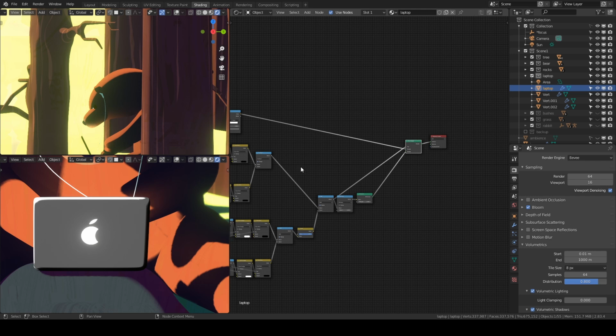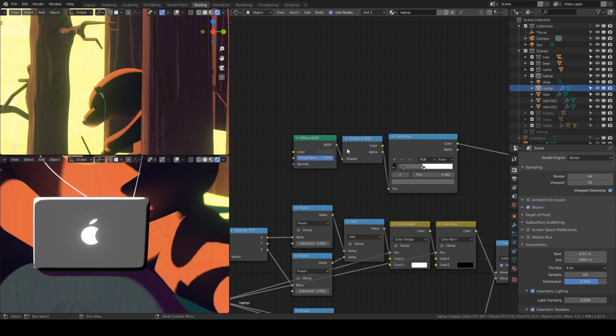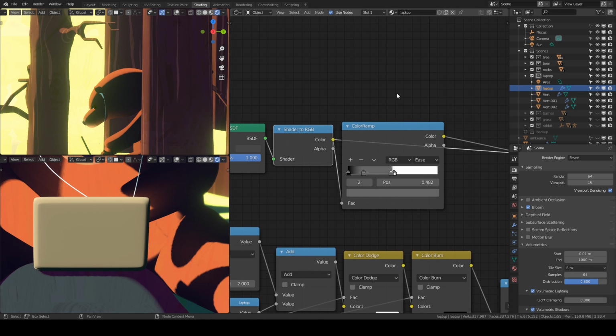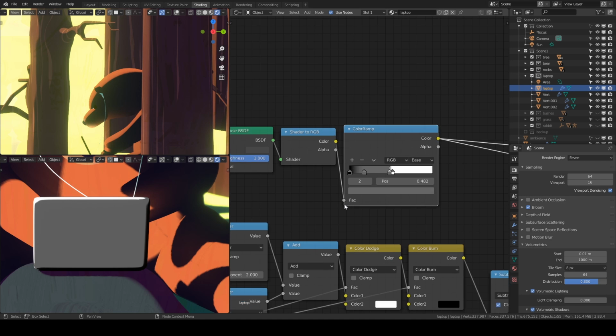The rest of the gray, again I had to use diffuse. So diffuse gives you a gradient, and then I can convert that to RGB, and then instead of two colors I can actually add multiple colors to refine this highlight, shadow and mid-tone. I guess this is the first place where I'm introducing three different levels of color or grayness.